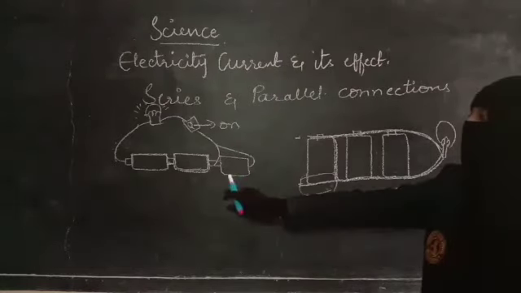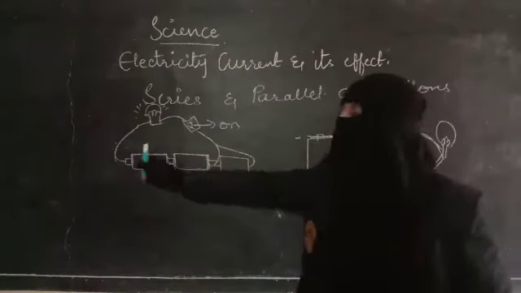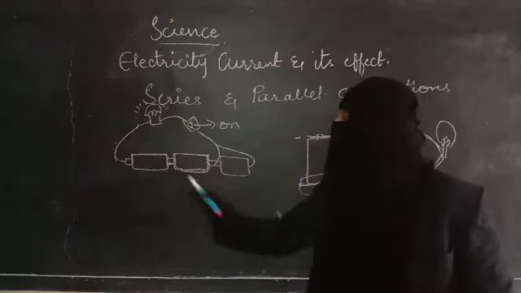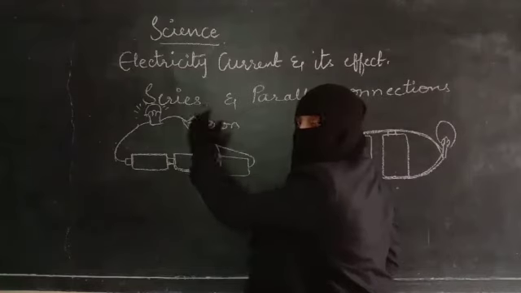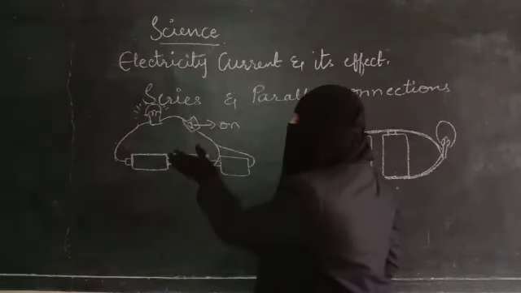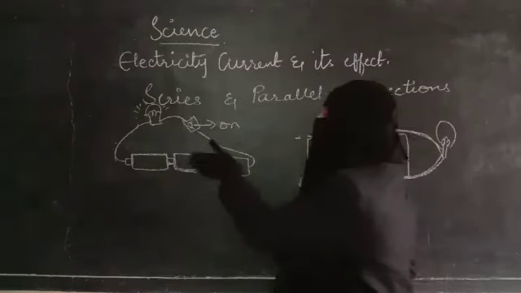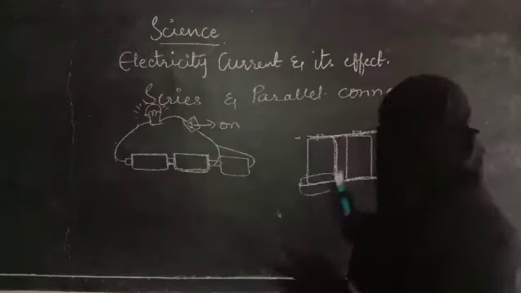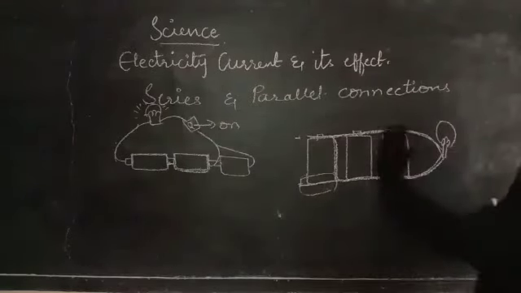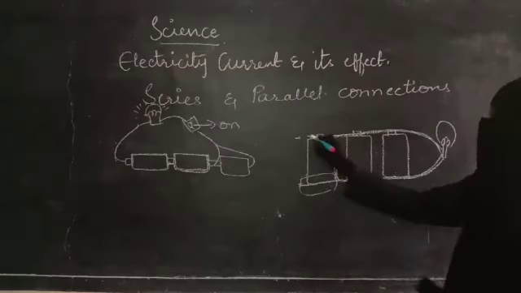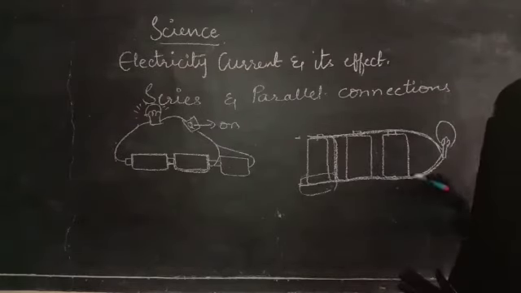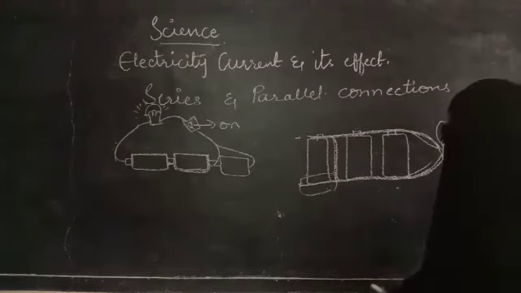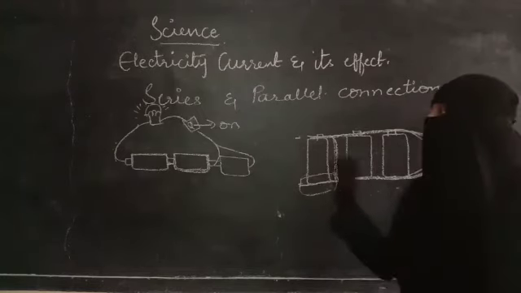But here in the series connection you see only one path is there, negative and positive both are connected here. So both are connected to the switch and the bulb. If this cell is not working, then what happens here? The current will not flow. Automatically the flow of current will stop here, because only one way is there. But in the parallel connection, if this one is not working, then what happens? Electricity will come like this. It will go through this, like this. So this is how different connections are present.